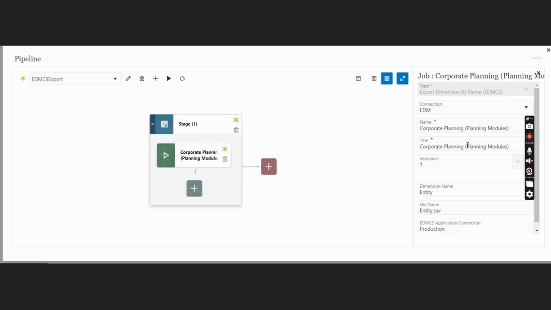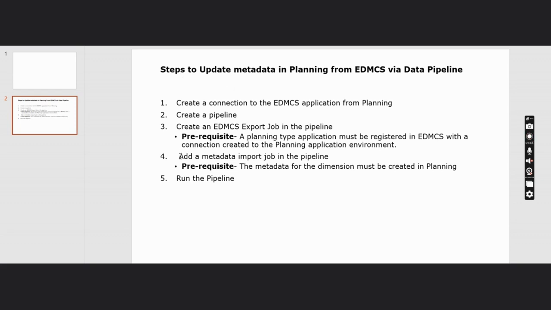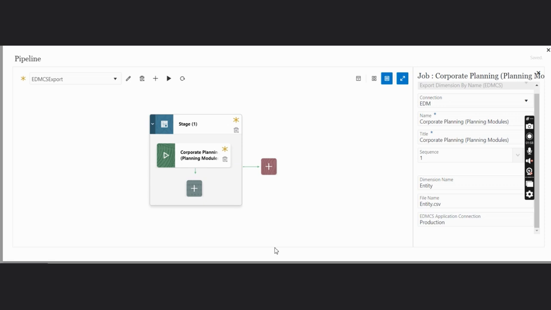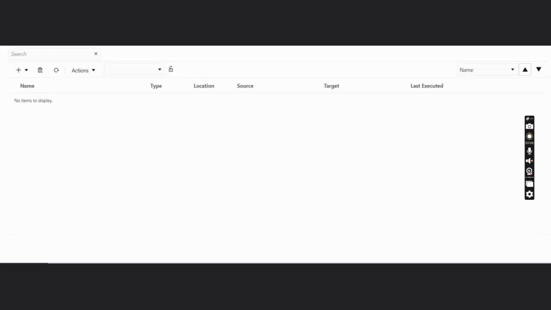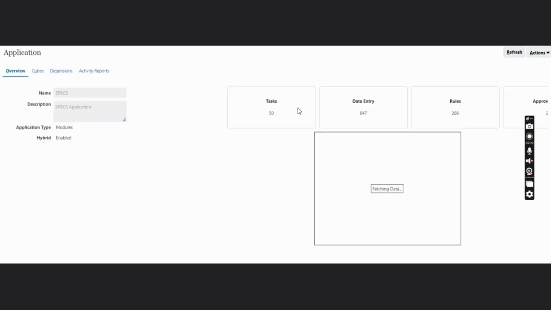Now, once I create this job, I will go ahead and I will need to add another job, which is my fourth step. Now, this is to add a metadata import job in the planning application. The prerequisite is to actually create that job in planning. So I will just show you that part as well, the prerequisite. So if I navigate to overview, application overview under planning,